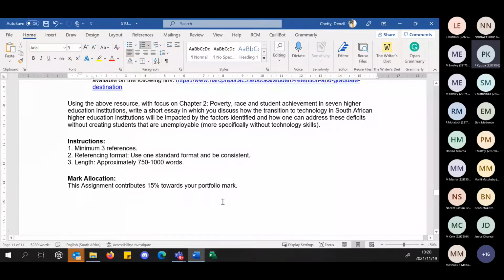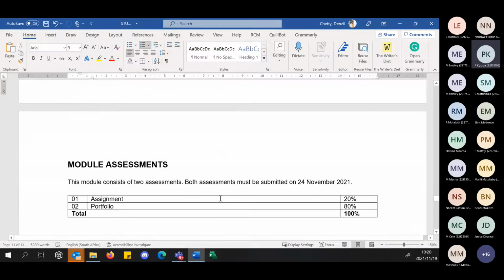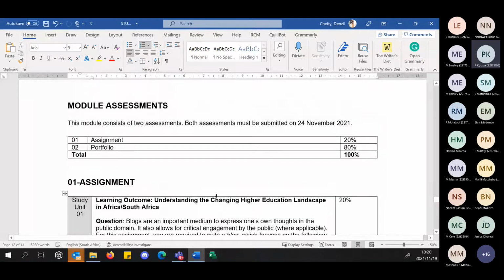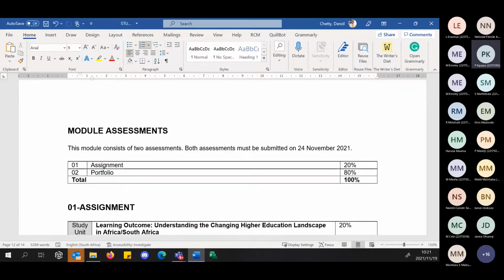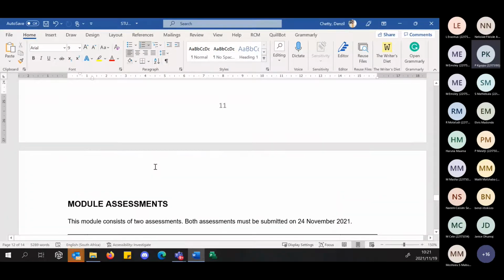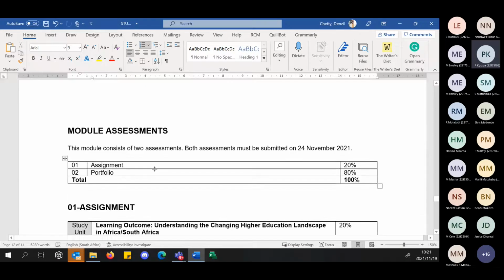Okay, colleagues, before I move to the most critical part for us in the next few minutes, which is the module assessments, let me do this first. It's 21 minutes now. Let's take a quick 4-minute break. When we come back, we will open up for a quick discussion on study unit 5, and then we will discuss the module assessments. For those that want to grab a coffee, anything, I just want your minds very fresh for the next part. We come back in the next 4 minutes, at 25 past, and then we will start. Thanks, colleagues.